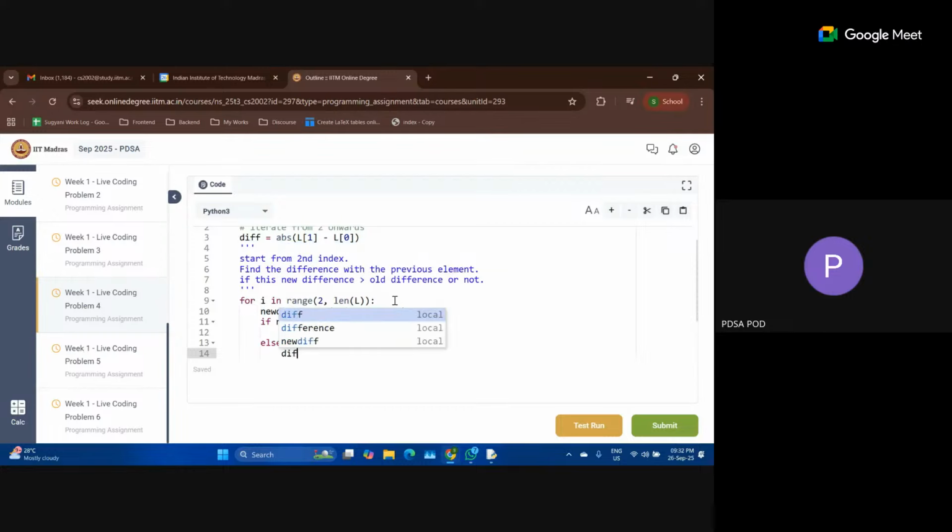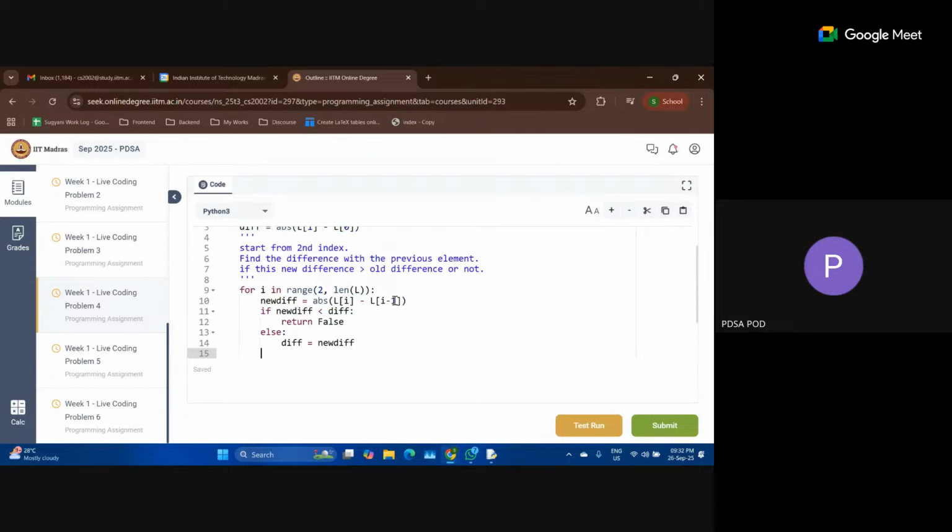So what will happen when I do this? The difference between L2 and L1 will now become my diff, and in the next iteration I will compute the difference between L3 and L2, and I'll compare these two. That will become my new difference.